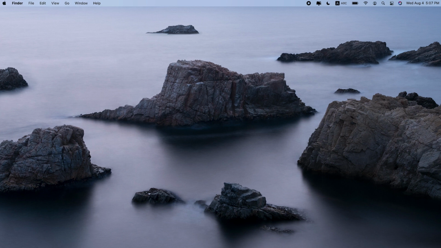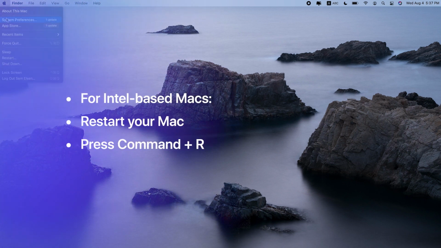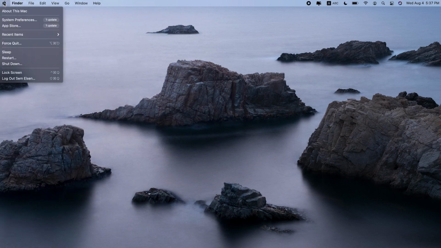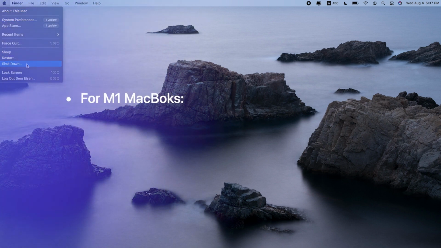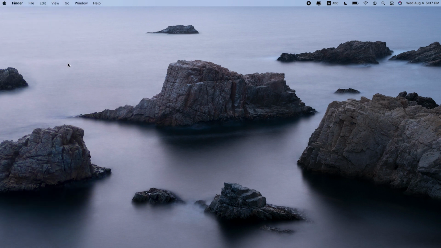To enable macOS Recovery, do this. On a Mac with an Intel processor, click the Apple logo menu and choose Restart. Hold down Command-R when your Mac is restarting. Wait until you see the macOS Utilities window. If you have an Apple Silicon Mac, click the Apple logo and choose Shut Down. Press and hold the power button until Loading Startup Options appears. Choose Options, Continue. Don't forget, macOS Recovery is only for situations when your Mac is basically unusable and you need to restore it, for example, from a Time Machine backup.